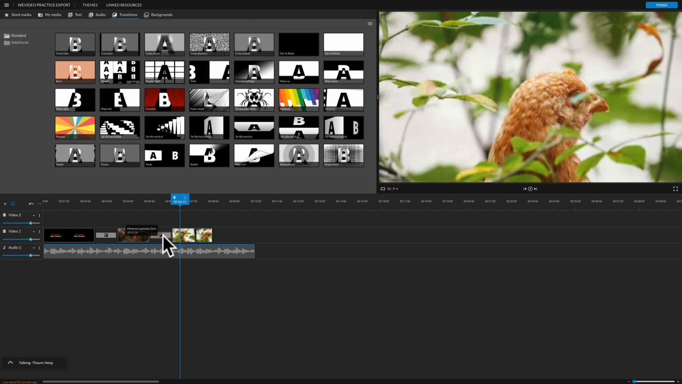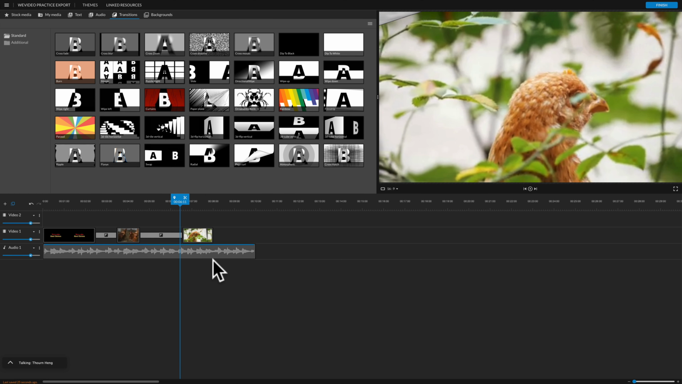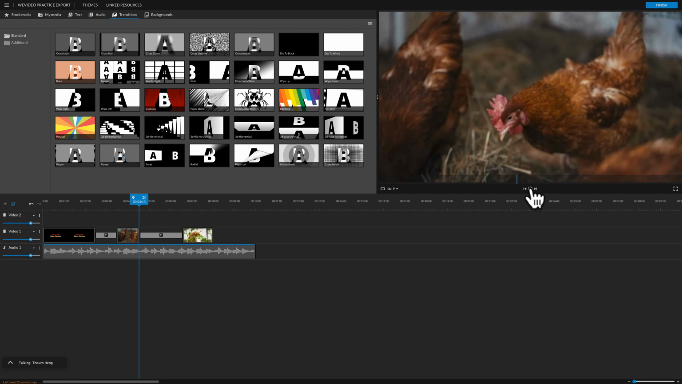Okay, so you can also change the duration. You can make this 2 seconds long. And you can change it from curtains to something else, like let's say I want to do fisheye, or, I don't know, page curl, whatever. I'm just picking one. So I'm just gonna play, and then you'll see